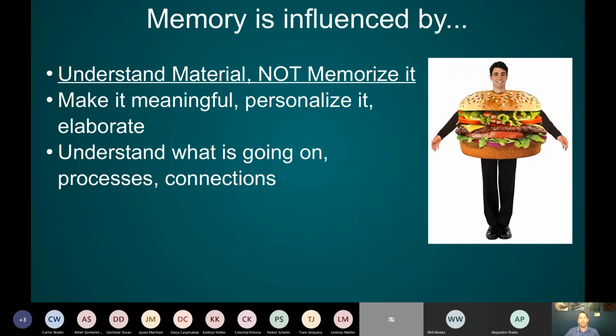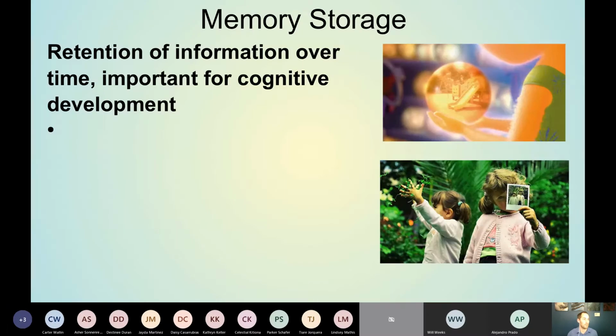So when students connect it to stuff from their other classes, they will be more likely to remember it. When you understand more about the visual system, for example, or more about neurology, or more about epigenetics, it's easier to remember the couple facts that I really want you to take away from the class, as an example. Me giving multiple different kinds of examples in class can be helpful. Using one example throughout talking about experiments, for example, can make it easier to connect and make it meaningful, like the content on that topic. So understanding material is very useful for deep processing into your memory.